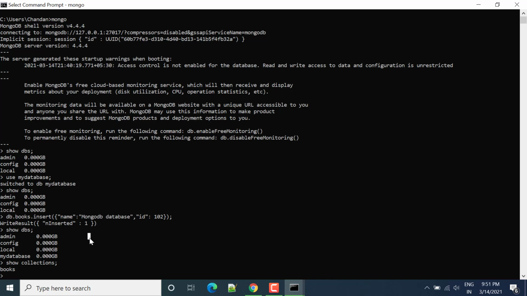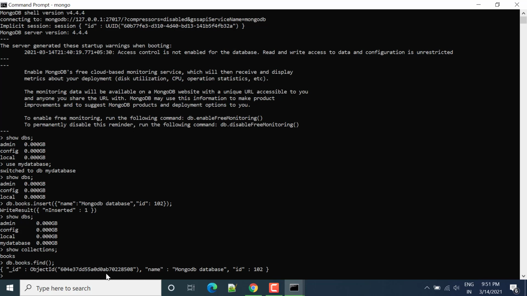So in NoSQL or MongoDB, a database is just equal to the database of a relational database like MySQL or Oracle. But to create the table, we say table is equal to collection. So here we have one collection created, books, and inside the collection we store documents, right? Similar to a table with rows and columns, we have documents here. Now if you want to list all the documents or all the data available in this collection, you have to write db.books.find. This method you have to use.